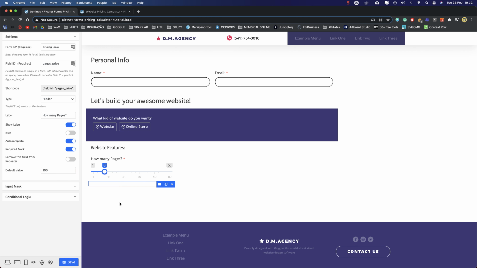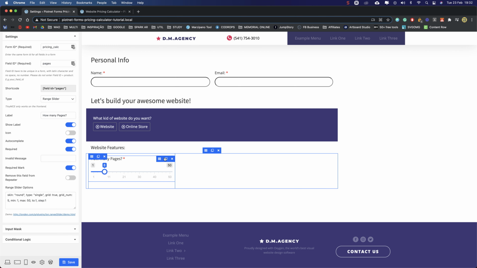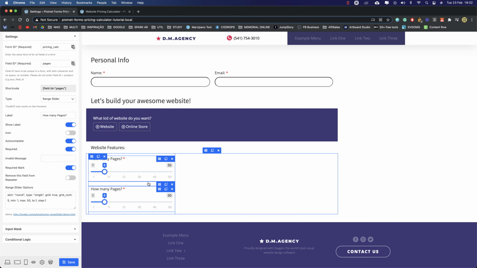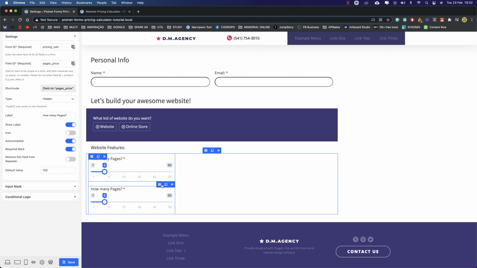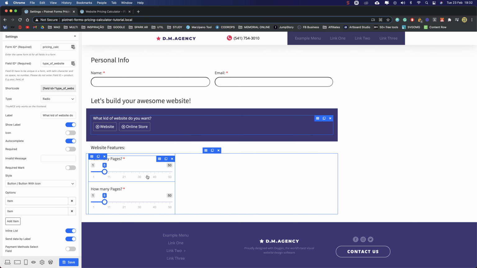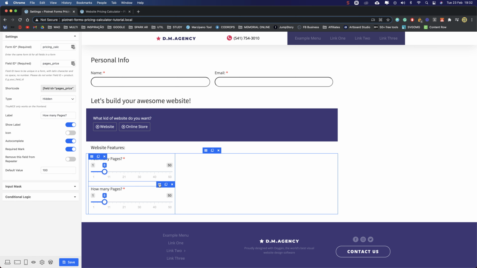Let's save this. Here, let's duplicate this again and push it down. The hidden field, if you don't have it selected, you maybe don't know where it is, but you should always remember to put it at the bottom so you always know where it is.